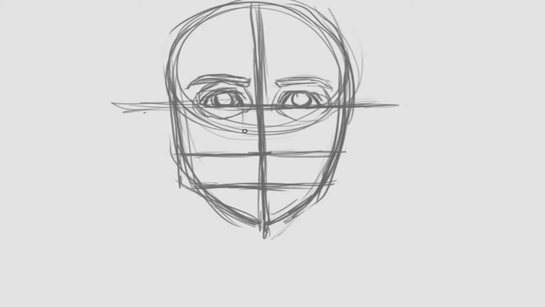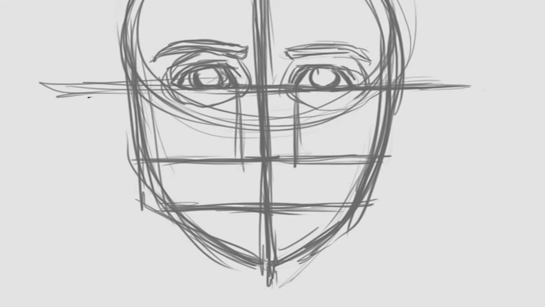Now we have the nose. The nose's width is about the same width as the distance between the eyes. And sometimes it feels like that's really wide, but really, once you get used to it, it's fairly accurate most of the time. It always depends on the face, but